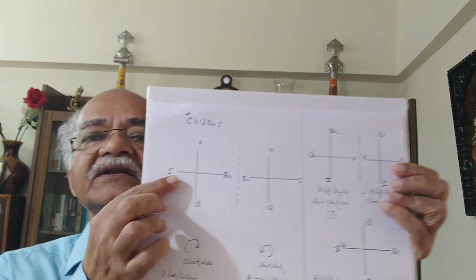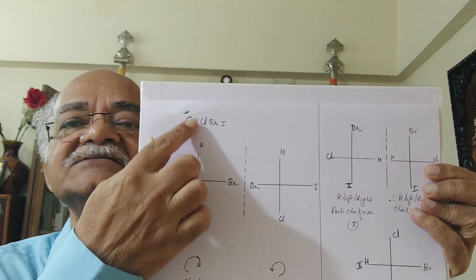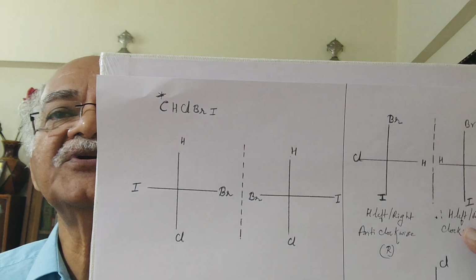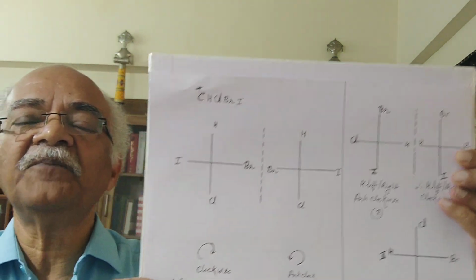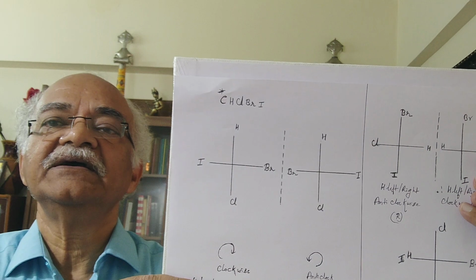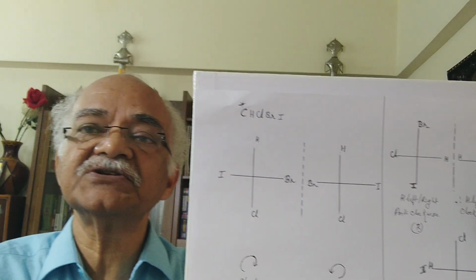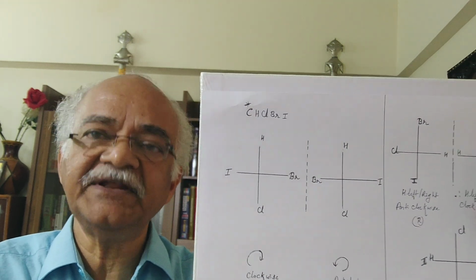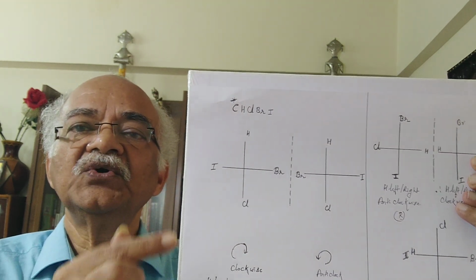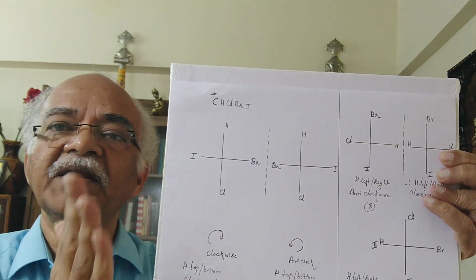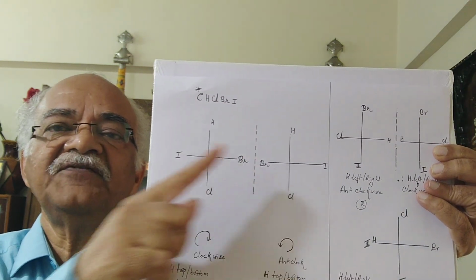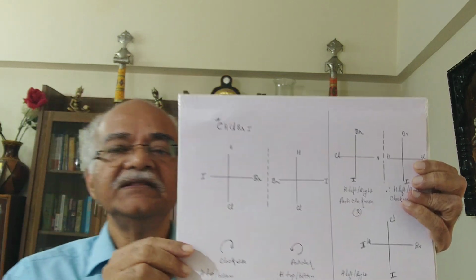For a chiral center, we have 4 different groups. Let me show you one such thing here. On the left side you can see the formula, and I put a star over the carbon. That is the convention we have adopted to recognize a chiral center. And the way it is drawn is a Fischer projection. Even though the Fischer projection has some limitations, still it is very clear: groups at the top and bottom are away from the viewer, and groups left and right are towards the viewer. That is the Fischer projection.